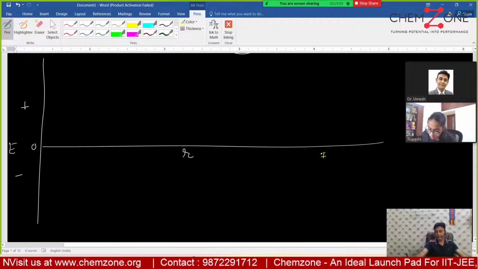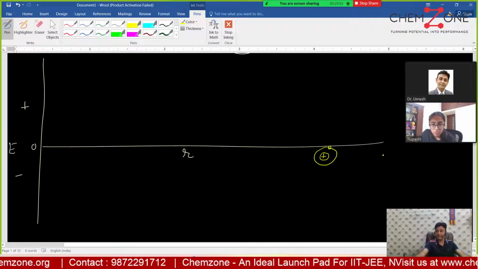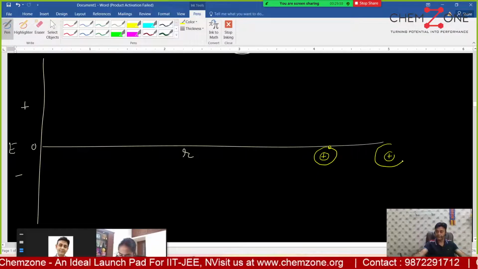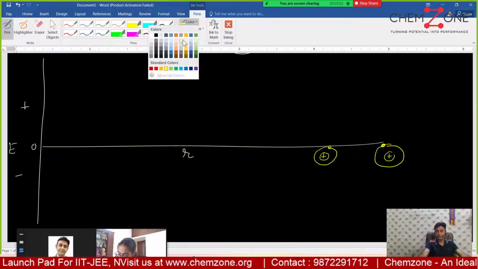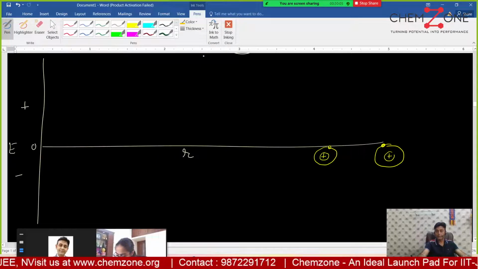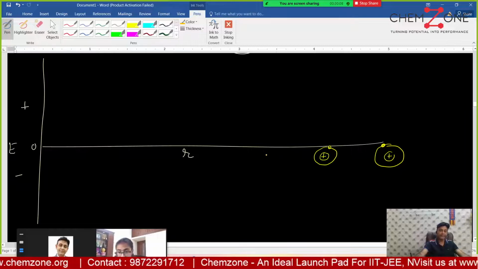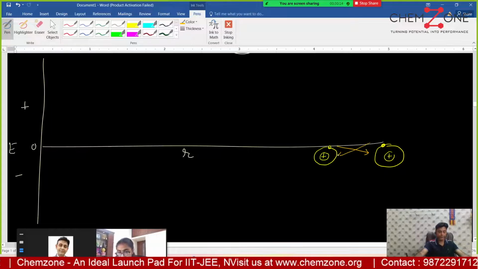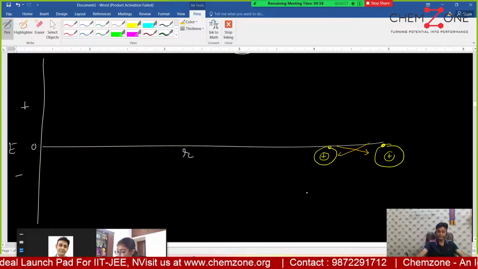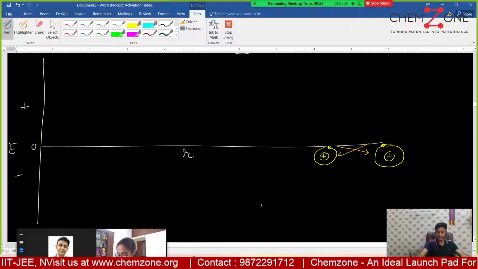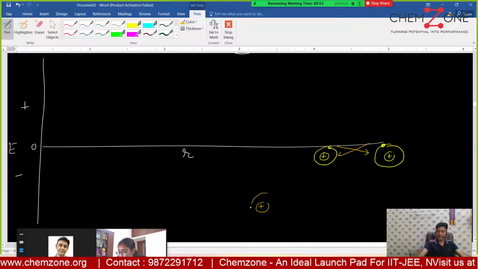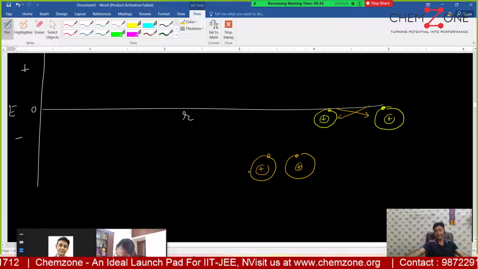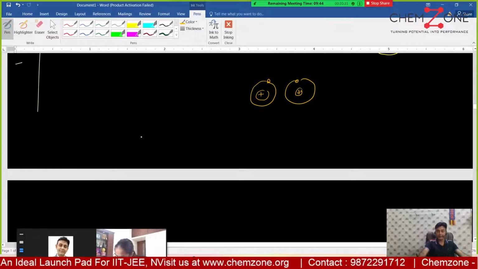When the two hydrogen atoms are at infinite distance away from each other, the energy between them is zero, but they are attracting each other, so they come closer. As they come closer, they lose energy, and when they come even closer and make a bond,